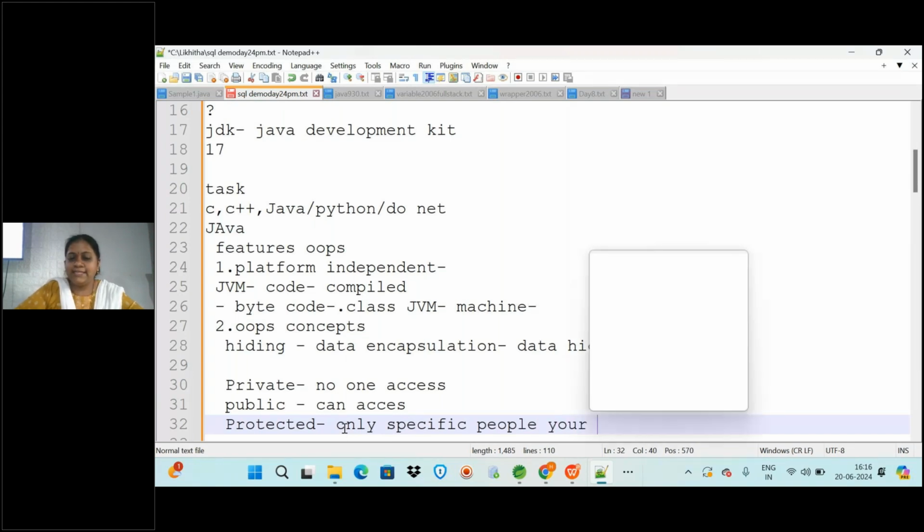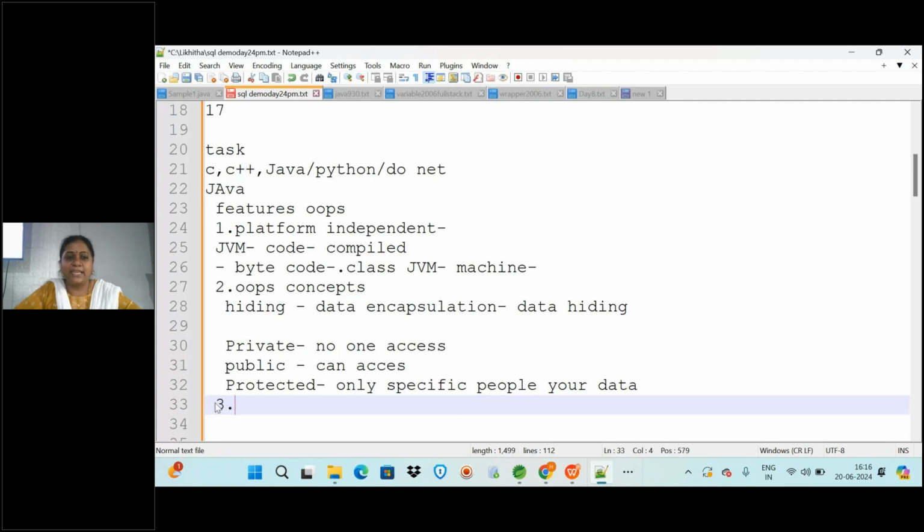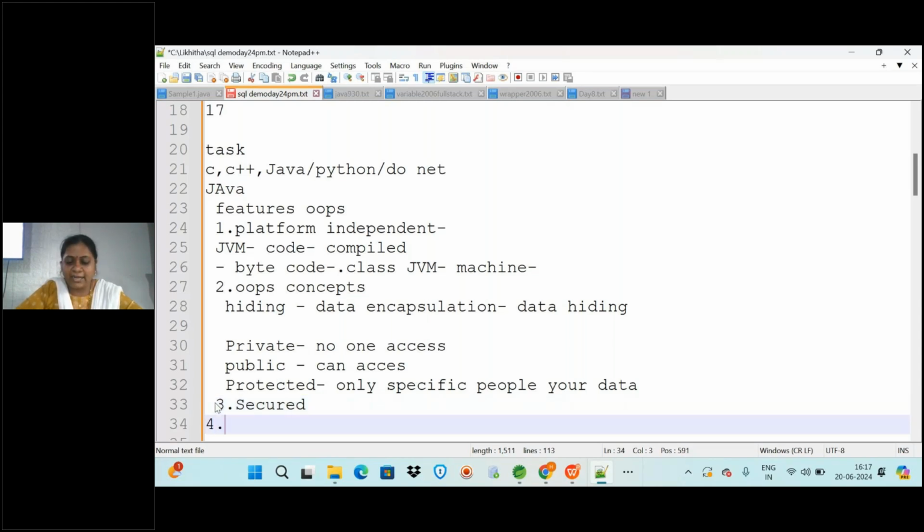Because of all these facilities and features of Java, it is important and good to learn for developing secure applications. One more important thing is that because of this private specification, it is a more secure language. And we have very efficient error handling in Java. Whatever errors we get, we can handle with concepts like exception handling. Later we will discuss all these technical things in depth.